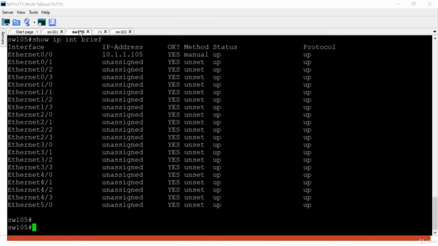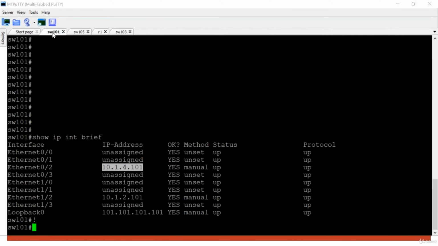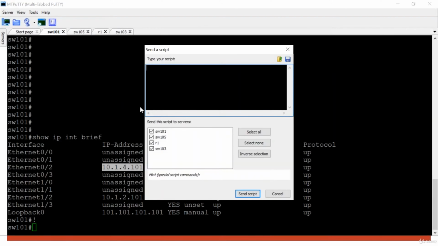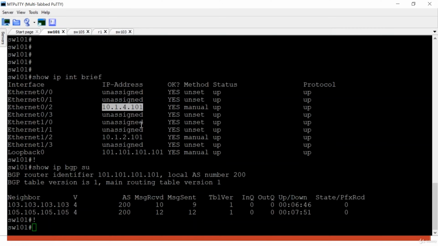You can refer to the diagram that we have, and as per our diagram, we have assigned the IP addresses to the interfaces. Next, we should check the BGP neighbors, so I can check show ip bgp summary on all the devices. Now I can see that as per our diagram,